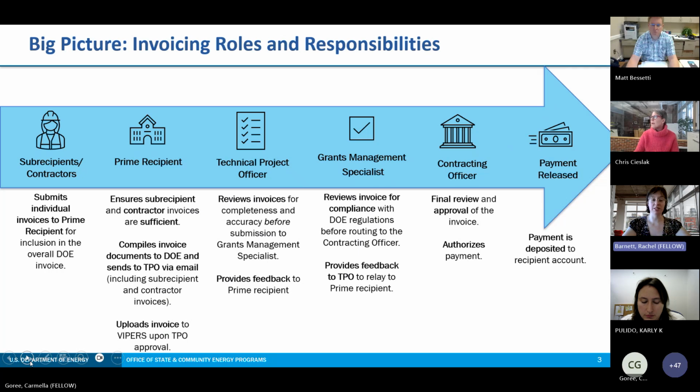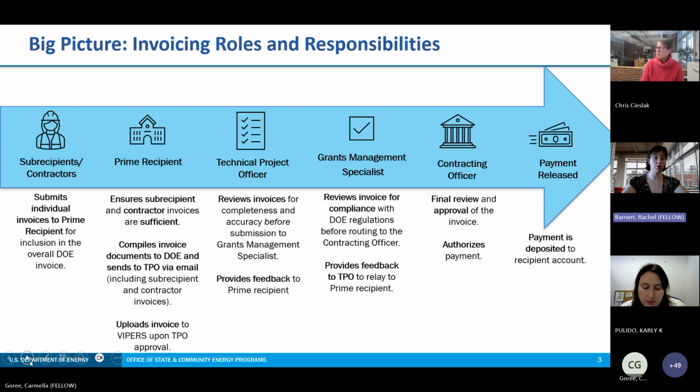We want to start the presentation today by providing a big picture overview of everyone's roles and responsibilities during the invoicing process. This slide highlights everyone's roles and responsibilities, and we're going to go through those really quickly. Subrecipients and contractors submit their individual invoices to the prime recipient for inclusion in the overall DOE invoice.